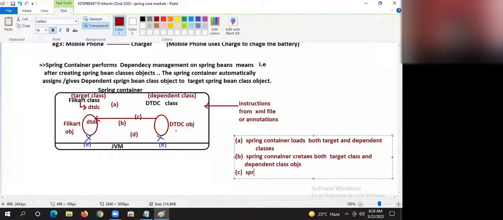C, Spring container assigns or injects dependent class object to target class object.